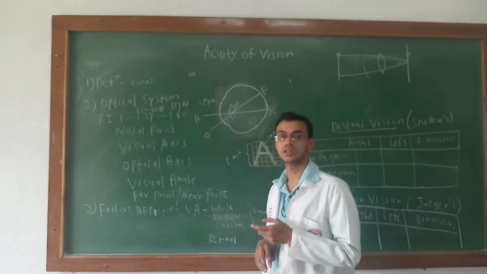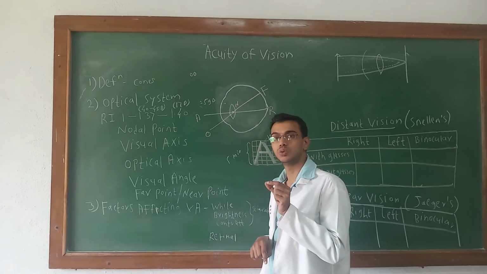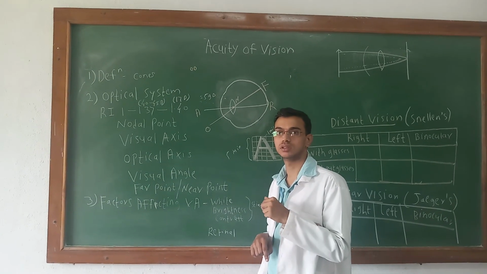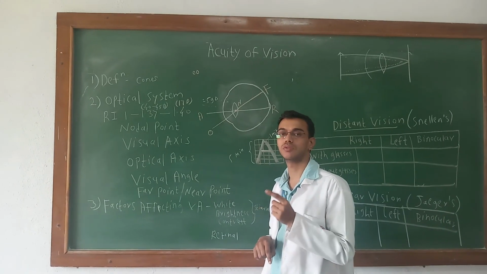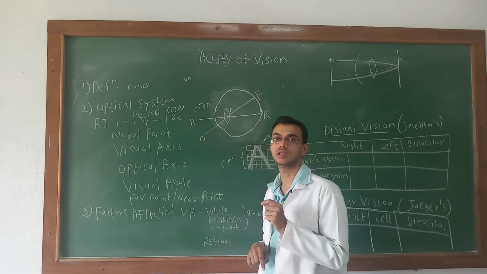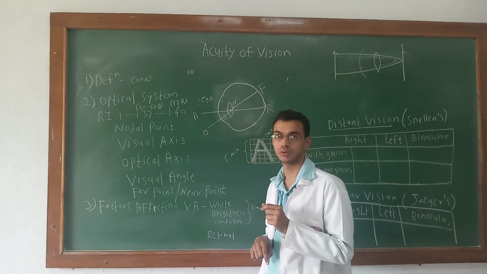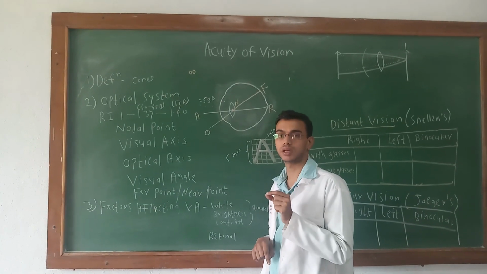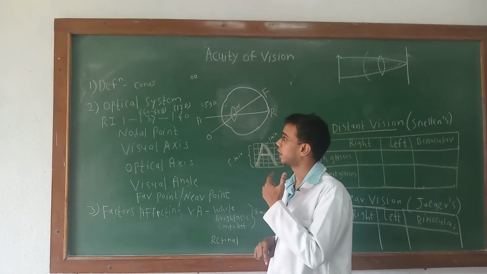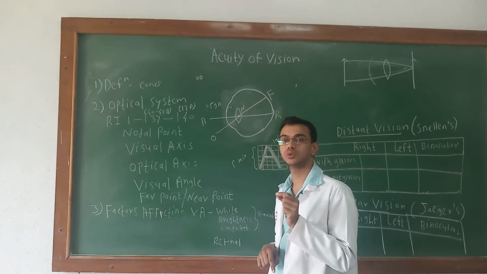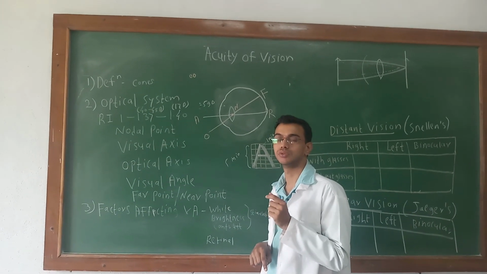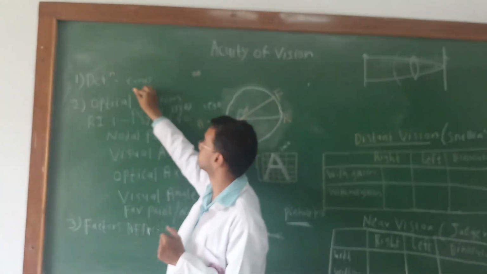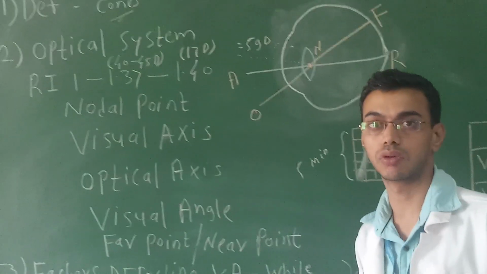Now, in the sensory system, we have discussed 2-point discrimination, to perceive two points as two with the help of an instrument, the compass aesthesiometer. That depends on touch receptors. Similarly, for the acuity of vision, to identify two separate objects, you require a receptor called cones, and these receptors are present at the center of the macula in the retina.